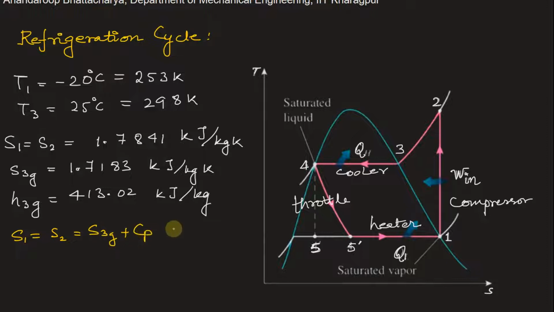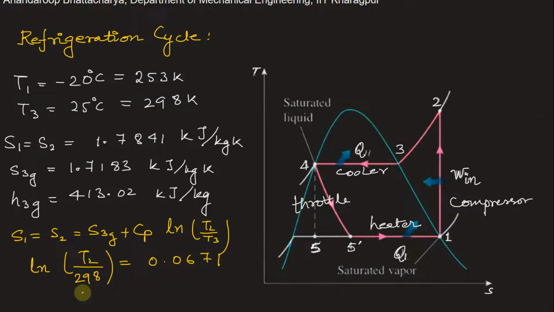So now using the relation S1 is equal to S2, that will be equal to S3G plus Cp ln T2 by T3. Okay, so from this relation we can find T2. So ln T2 by T3, T3 is 298, this will be equal to S2 minus S3G. Both the values are given here, so this will be equal to